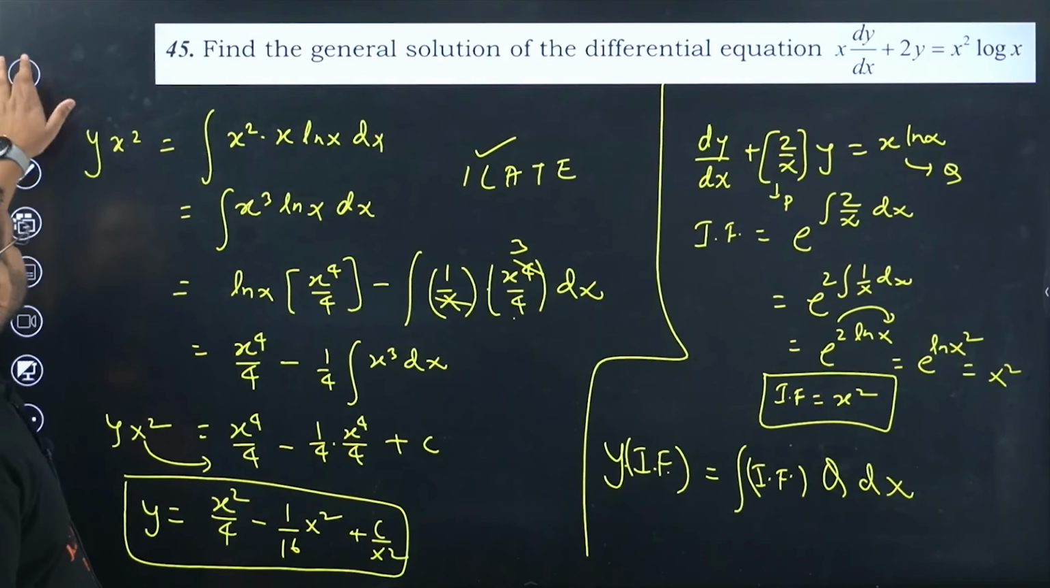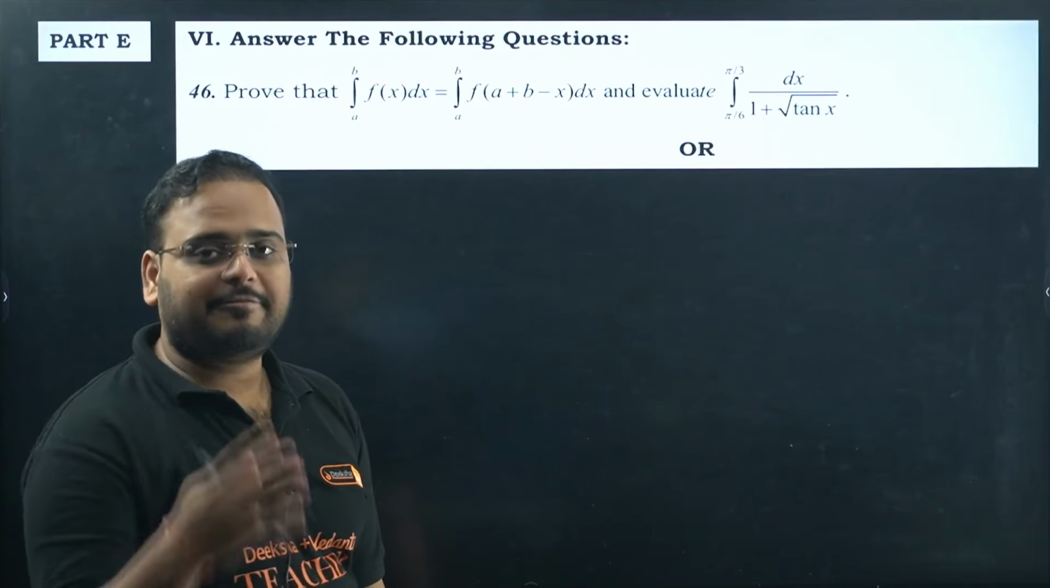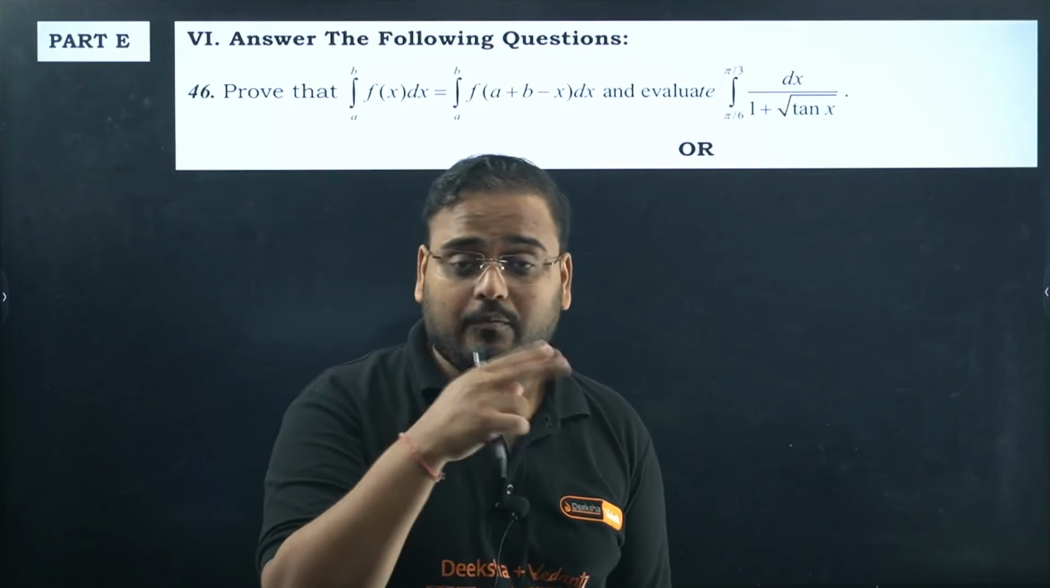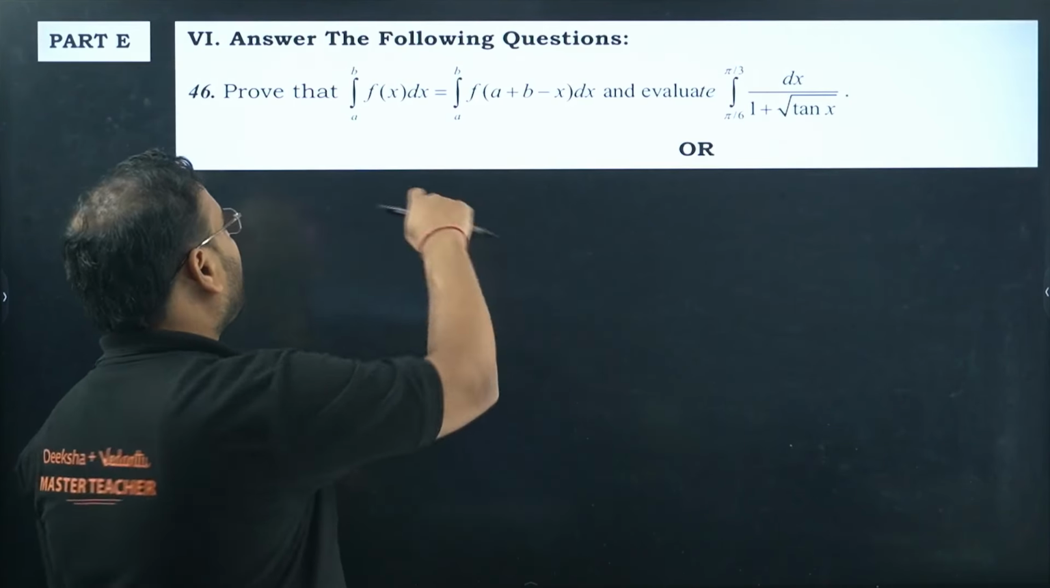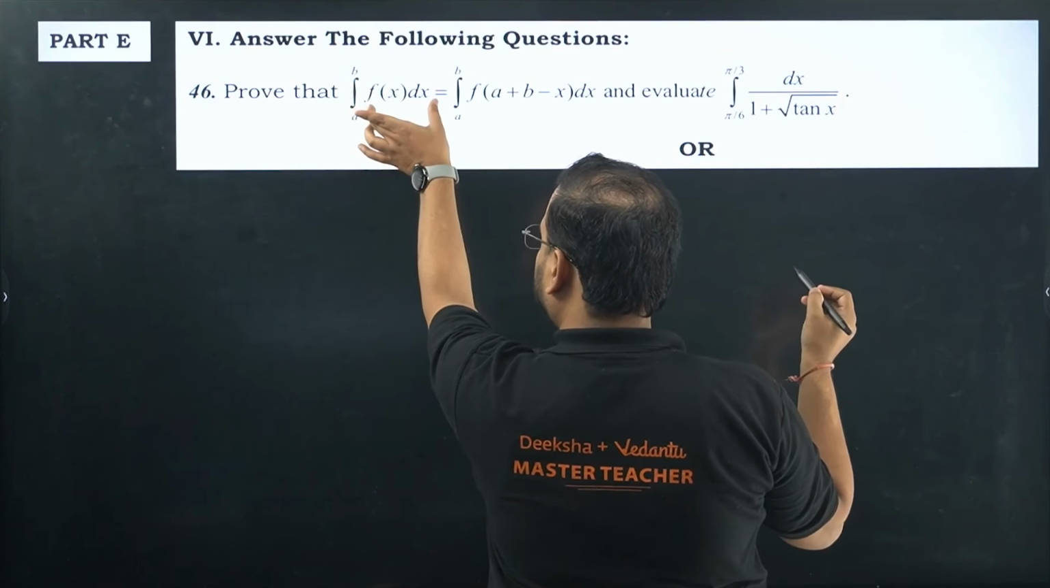Now time to solve your 6 marker question. Okay, part E, which will have 4 problems. We have to solve only 2 with the internal options given to us. This is your property of, this is the King's rule. Okay, start with the LHS over here. Over here LHS,